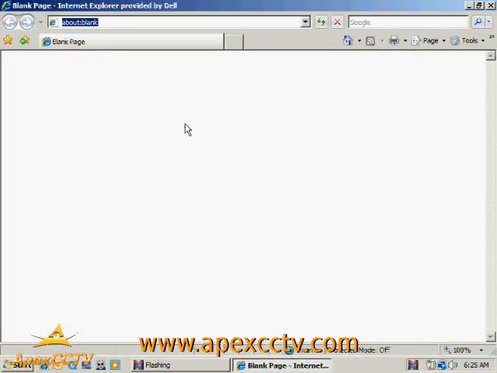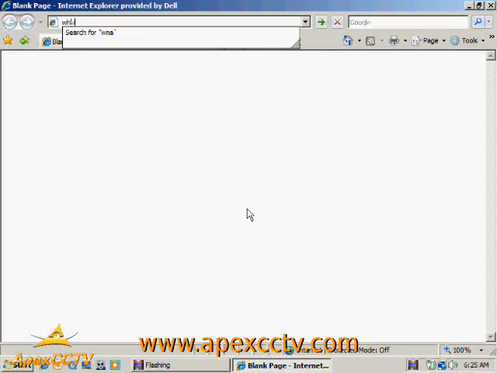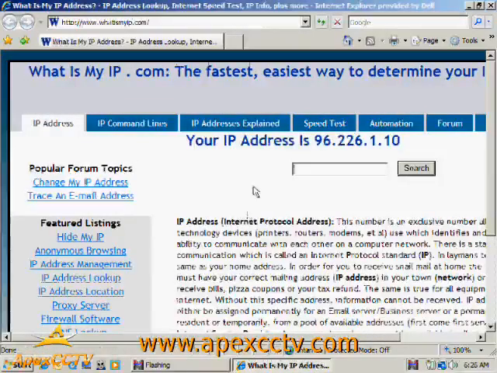First of all, just a quick explanation of what port forwarding is. Anytime you have a camera or a DVR that needs to be viewable from the internet, the correct ports have to be forwarded from your public IP address. So the first thing we need to do is find what our public IP address is. I can do this by going to whatismyip.com, and there are some other similar websites, but if you see, it'll tell me that my public IP address is